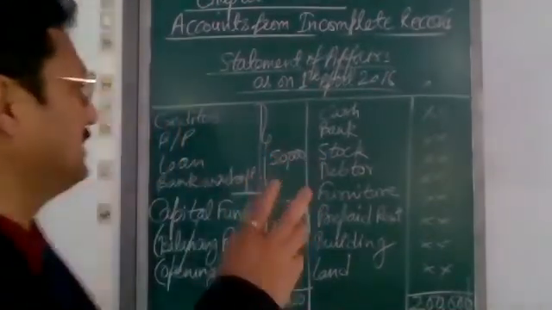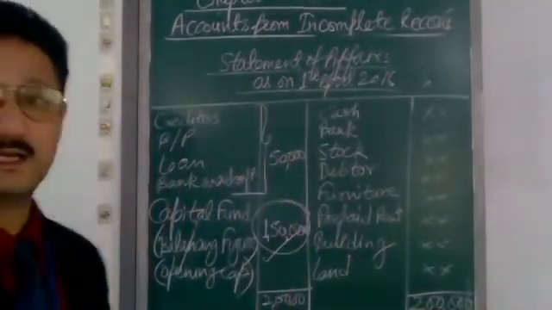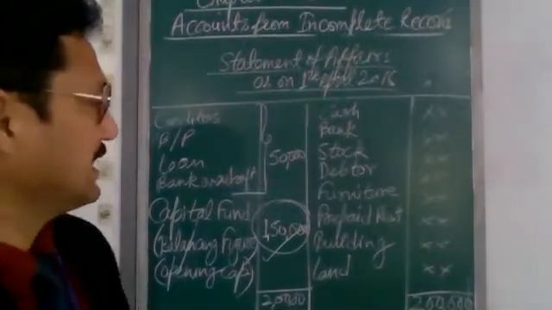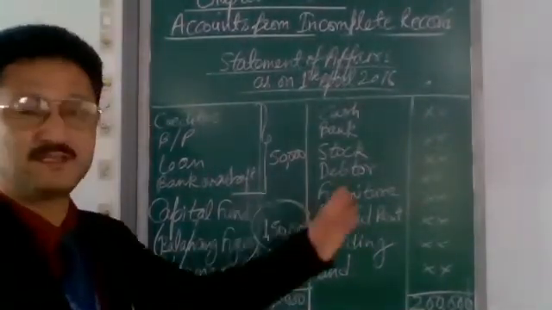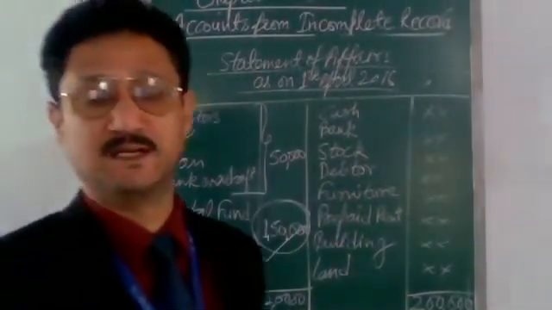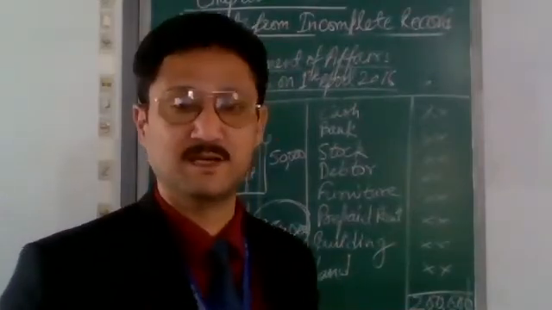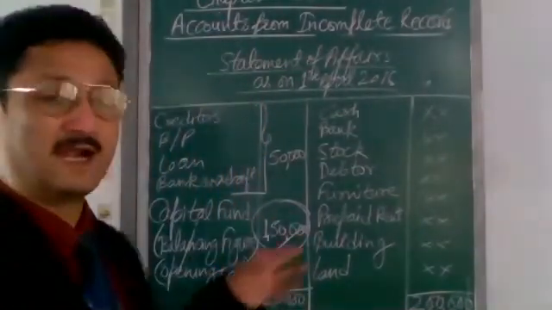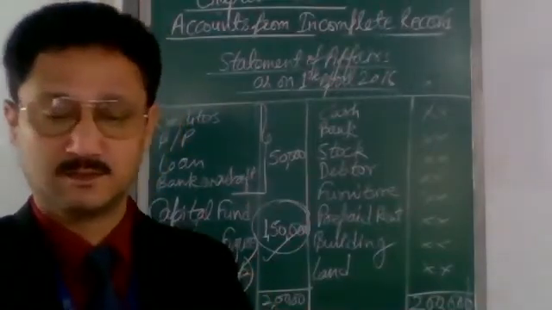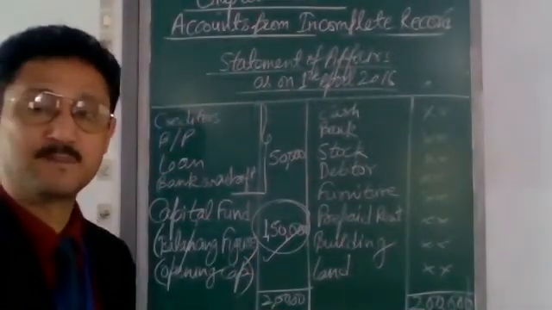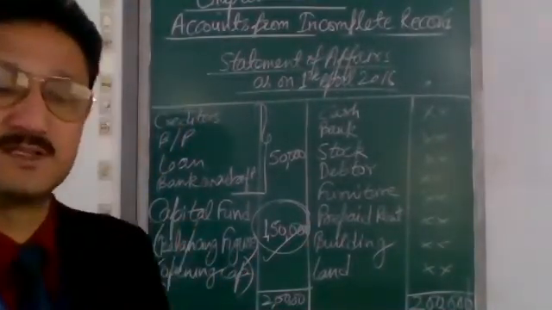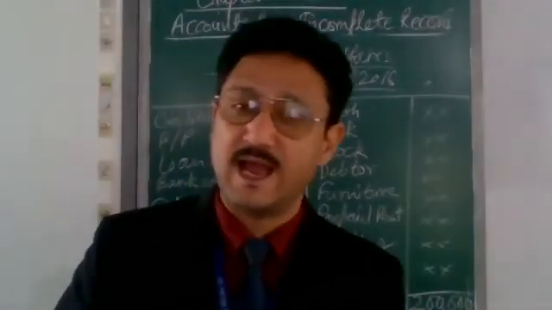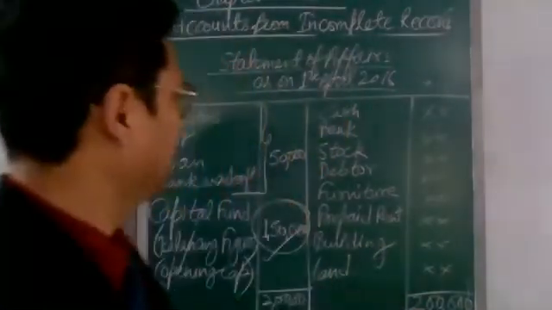Once the assets and liabilities are placed properly at the right places, then you will be able to calculate the difference of assets and liabilities. Assets minus liabilities is equal to capital. You will get either the capital at the beginning of the year, which will be the opening capital, or you will get the difference of assets and liabilities as closing capital